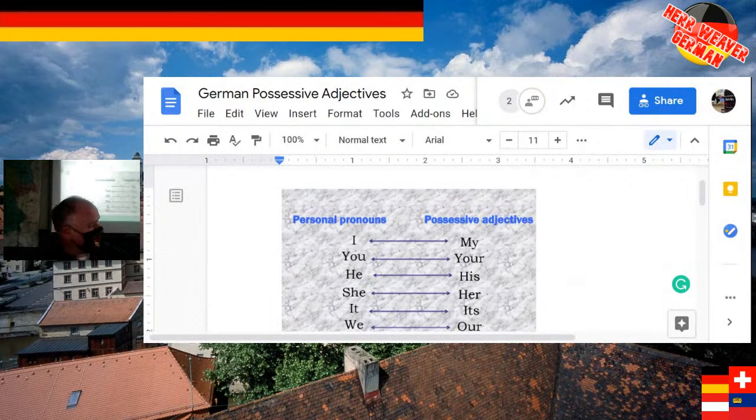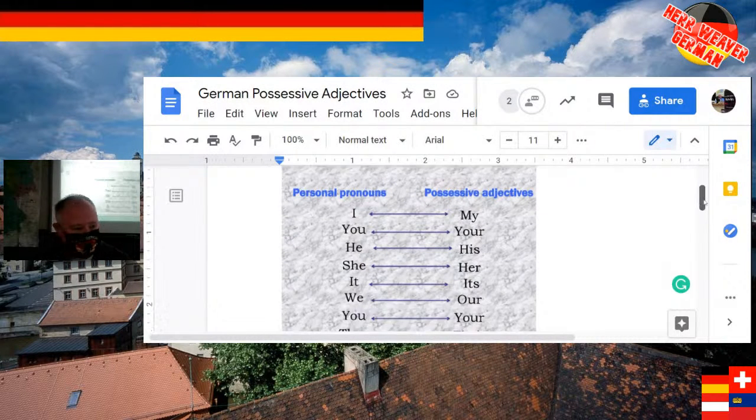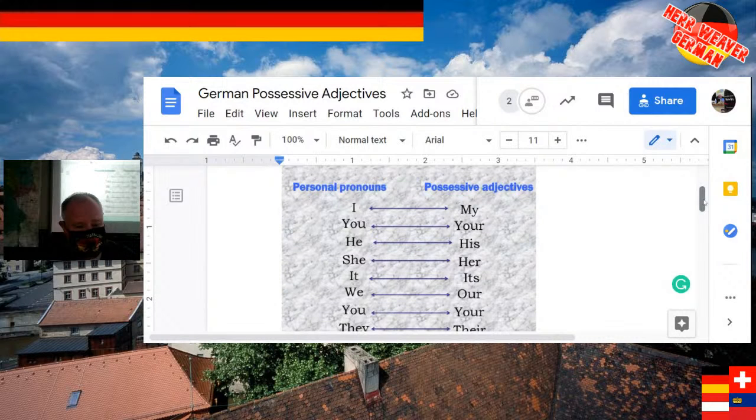And the top part of it here just kind of explains this relationship, well, puts it in English, between your personal pronouns, I, you, he, she, it, we, you, they, all those, and each of those has a possessive pronoun or possessive adjective. I like to use the word possessive adjective because that's going to make more sense a little bit later.